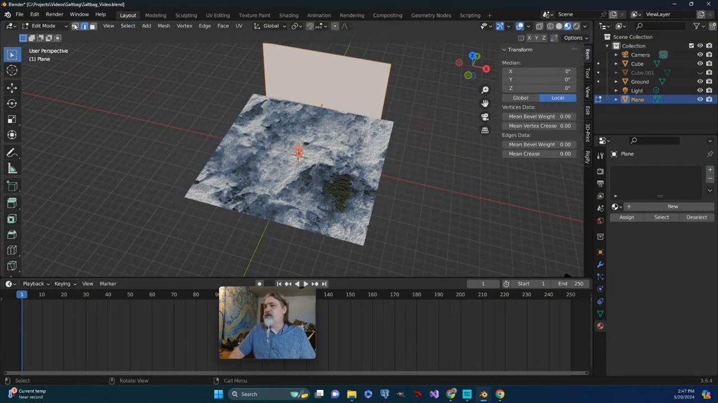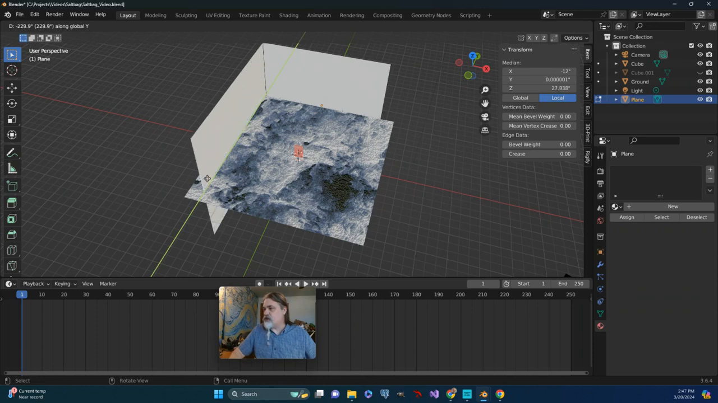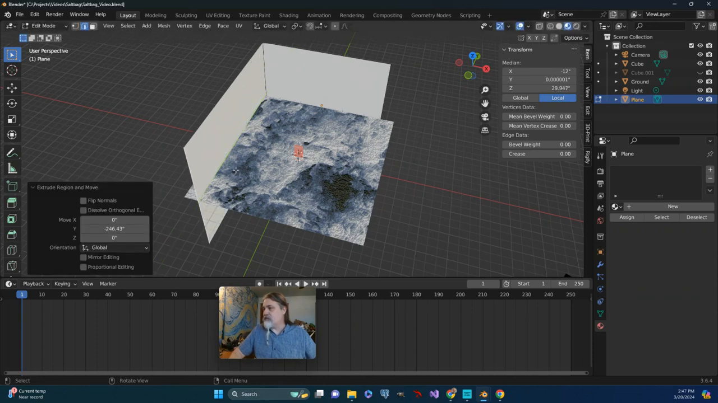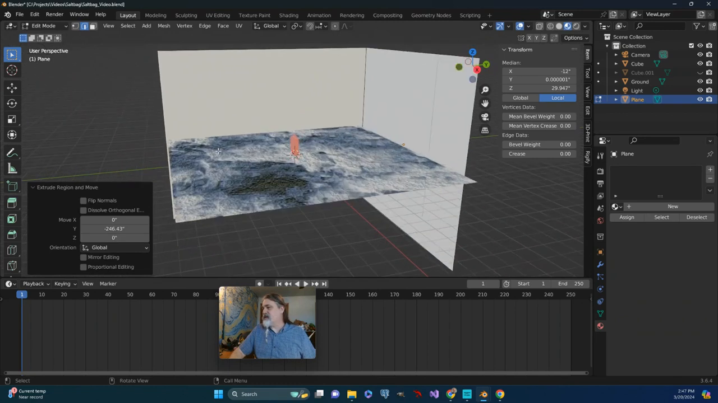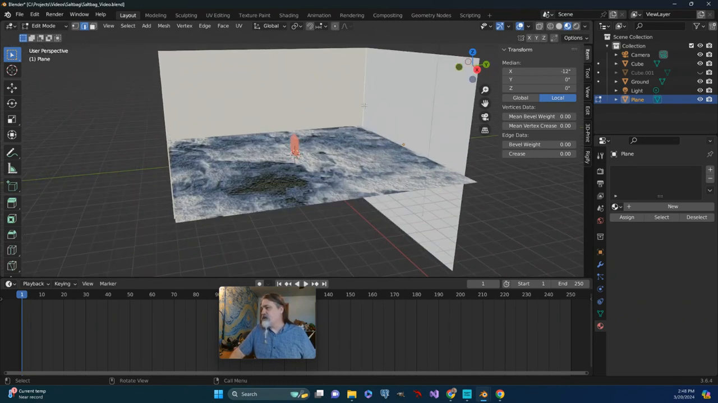I'm going to make sure that I'm in edge select mode. I'm going to select this one edge, and I'm going to push E to extrude, and I'm going to push Y so that it extrudes this way. All right, so now let's see. With that done, I'm going to select this edge,